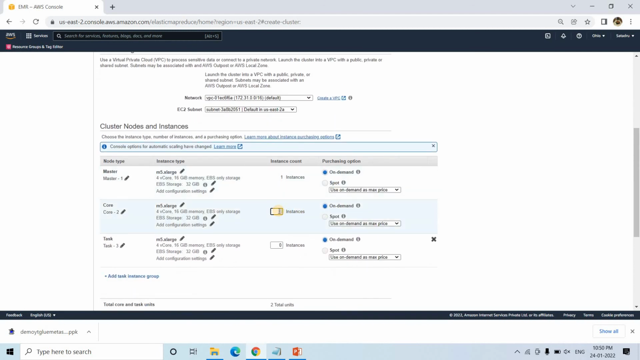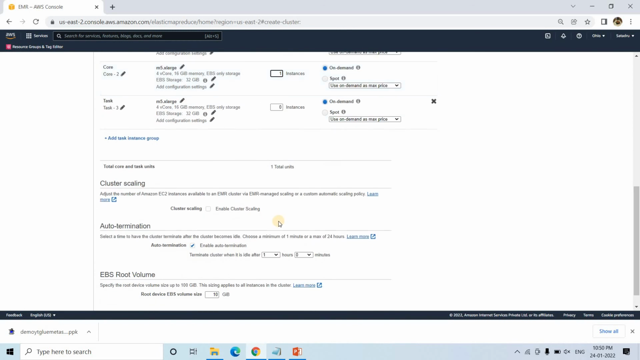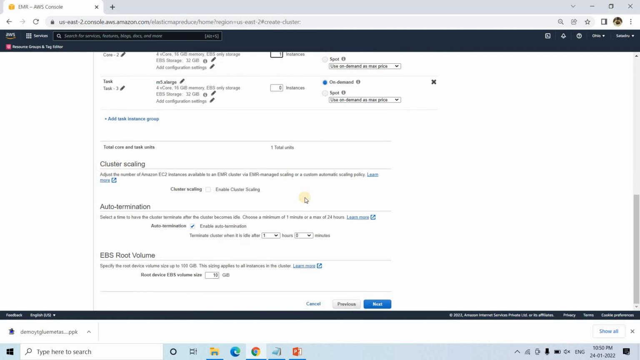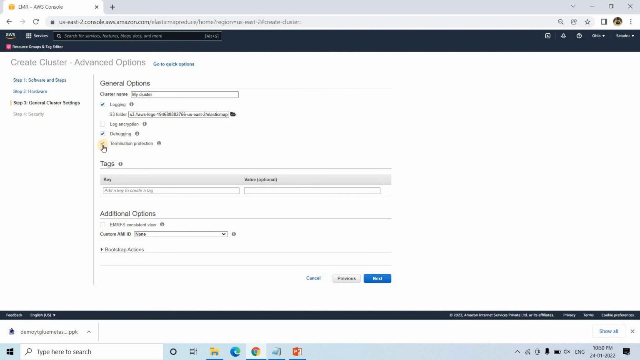Number of cores I am keeping 1, just for demo purpose. All these other things, let them be. I'll go to next. Debugging and termination protection is not required. Okay, demo yt1